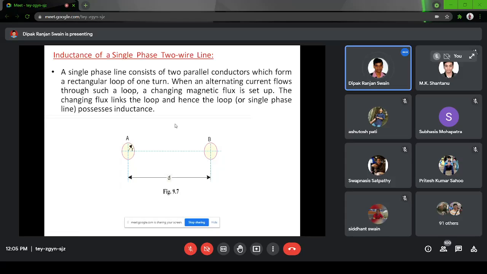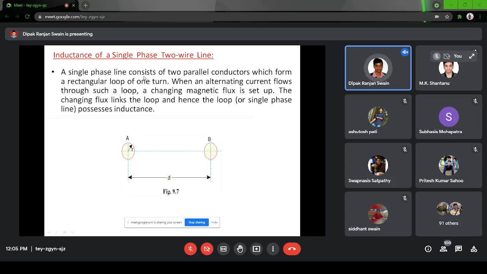Now let us use the same concept for a single phase line. A single phase line means we have two conductors. One is the phase and the other one is the neutral, and you will see that both of them carry the same current but in opposite directions. If the phase is carrying a current from the source to the load, the neutral will be carrying current from the load to the source. So if one is I, the other one will be taken as minus I. That you have to keep in mind.